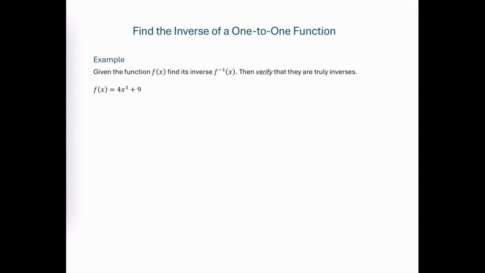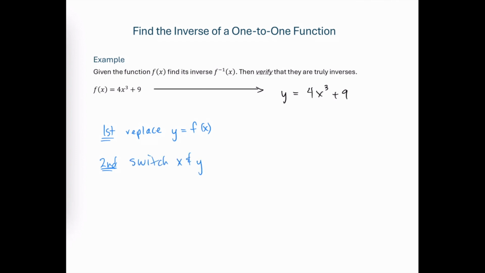Given the function f of x, find its inverse and then verify that they are truly inverses of each other. The first thing that needs to be done is that we need to replace f of x with y. This is important because the second step is going to be for us to switch the x and y variables. So we need to be able to see that y value in order to be able to switch the x's